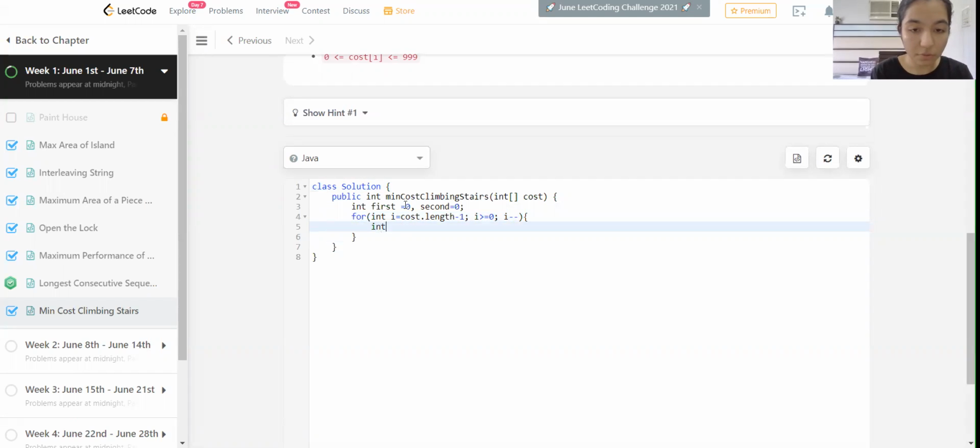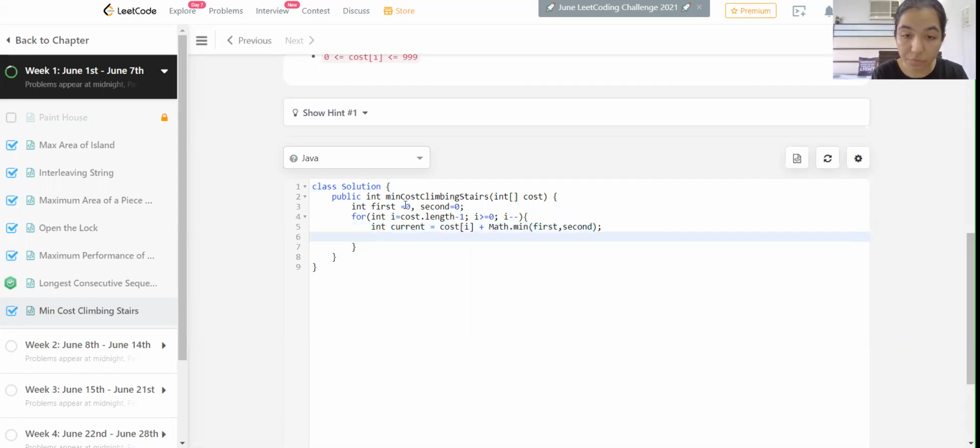Now we're going to have another variable called current. In current, we're going to save the minimum current cost required to reach that ith location, that ith step. So here it would be cost of i plus Math.min of first and second.